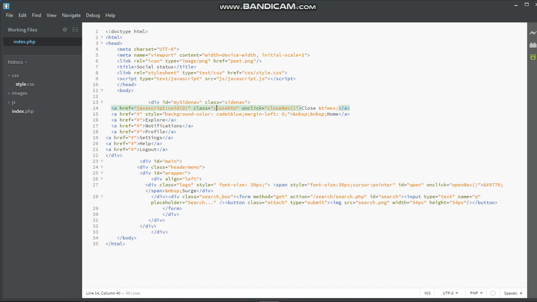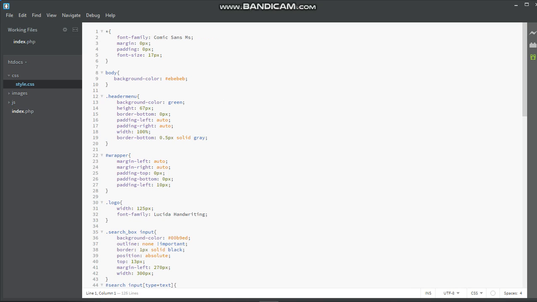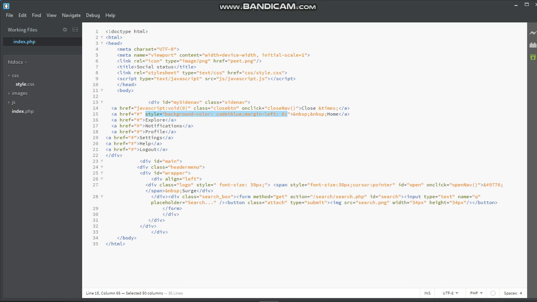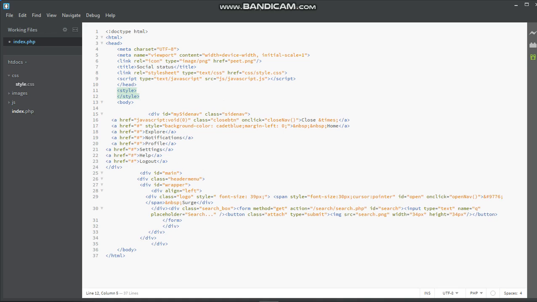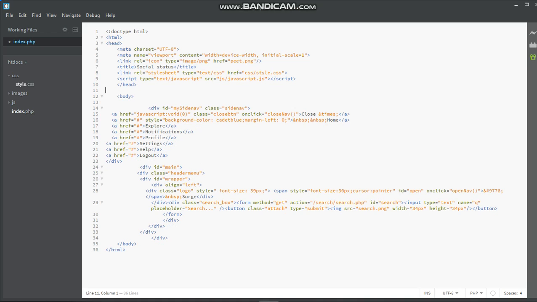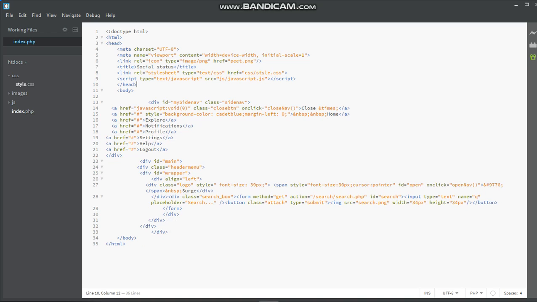I've explained that. Now there are two types of styling: inline styling, and external styling with a style sheet. That's what I did right here. Then there's still another type of styling that is doing this style, but people don't usually like doing this. They like putting it inside a style CSS file so that they can use it as many times as they want, instead of typing the same code over and over and over and all that stress. They just like using the same file. So that's what we're doing.